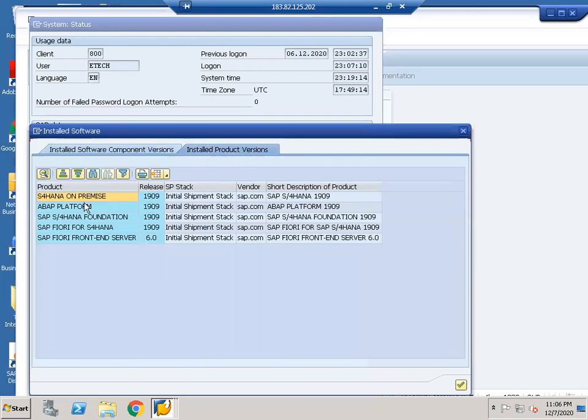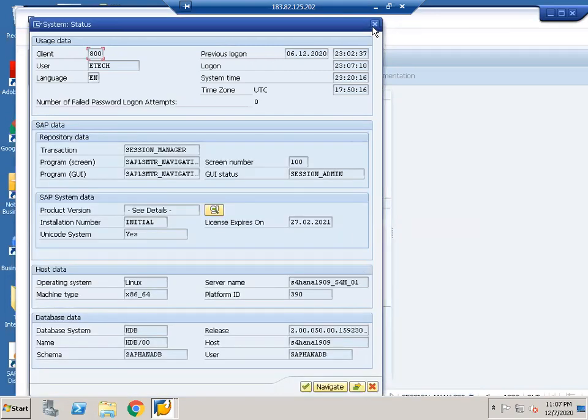And here the installed products and all this complete information, like it is SAP S4 HANA on-premise. This is the on-premise version, right? On-premise deployment. The cloud option is also available, but this is the on-premise deployment option. See, all this technical information is available here.